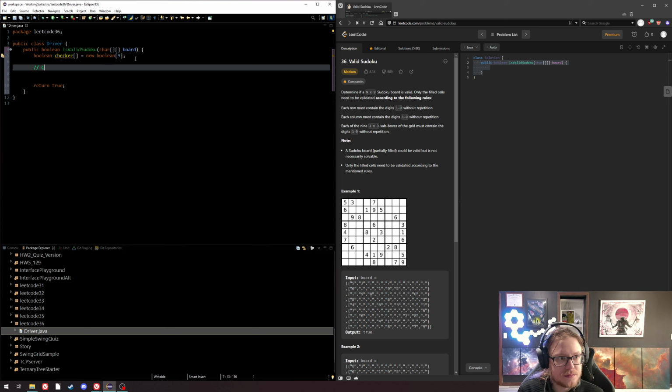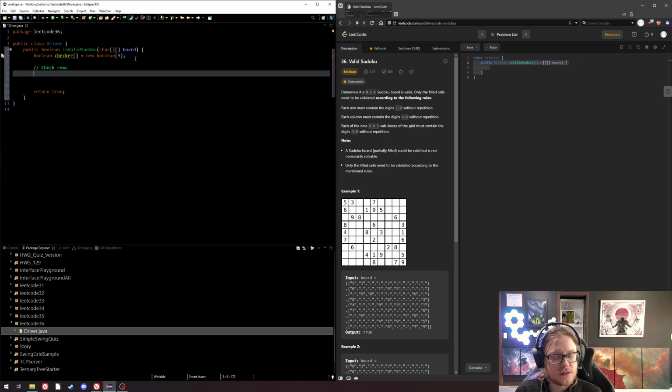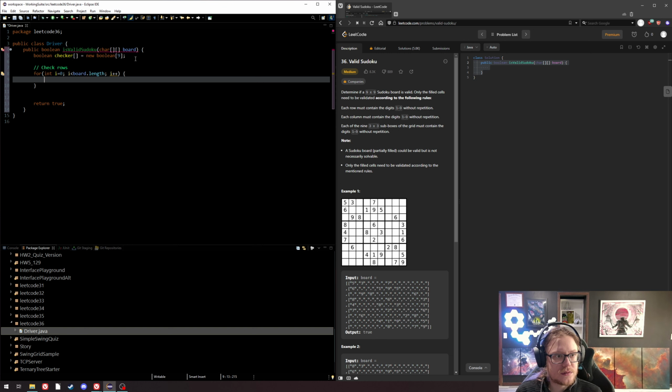So let's try that. Let's just check rows first. There's probably a smarter way to do this, but let's just do this the easiest way possible. So let's for int i equals 0, i is less than board.length, i plus plus, and then for int k